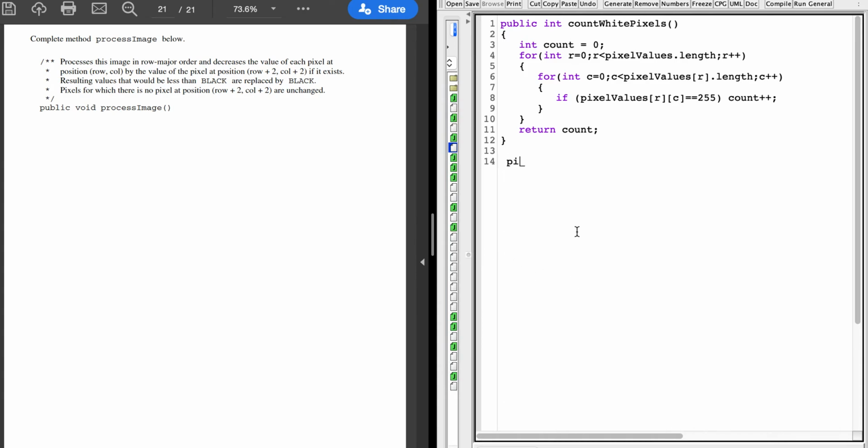And I'm going to start by simply typing the signature that's provided, process image. And we know that we have private data. It's a void method, so I won't be actually returning any data. I will actually be updating the array pixel value, the two-dimensional array pixel values. So I do need to access them all